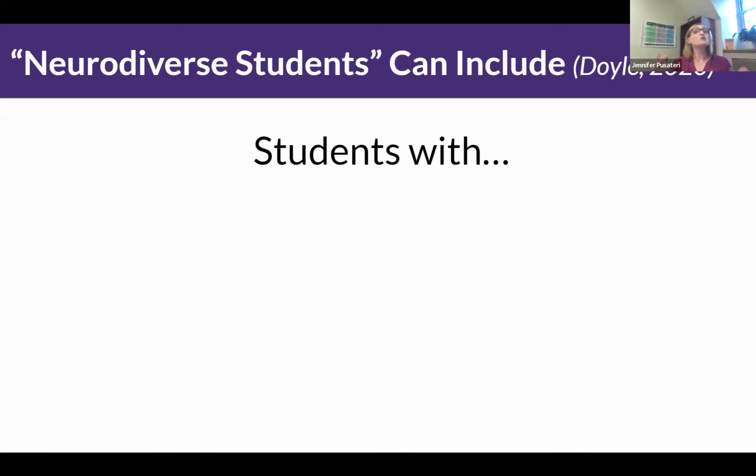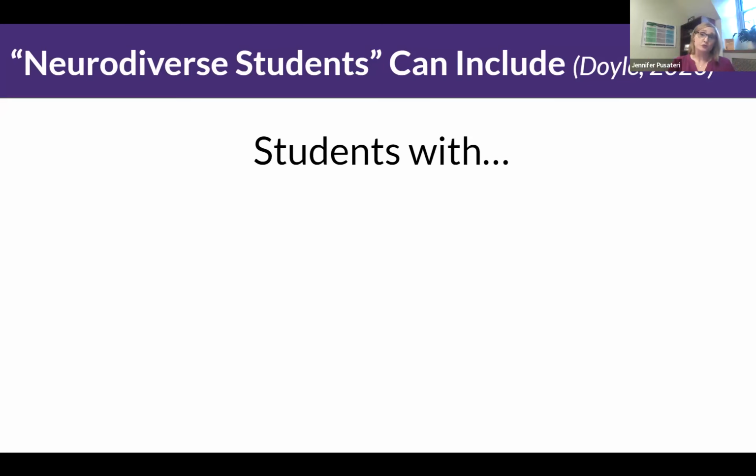When we talk about neurodiverse students, we're comparing this idea of neurodiverse or neurodivergent to what we would say are neurotypical. And I don't love that terminology. There are a lot of reasons why, but the main reason is that every single brain is unique. There are no two brains that are alike. So really, we're all neurodiverse if you think about it that way. But when we want to think about how we can make sure that we're accommodating and meeting the needs of these students in our classroom that have autism, ADHD, OCD, all these different things, it's helpful to give a name to it so that we know what we're talking about.